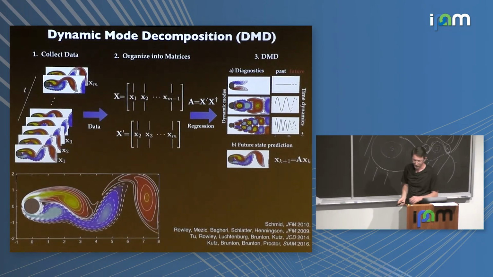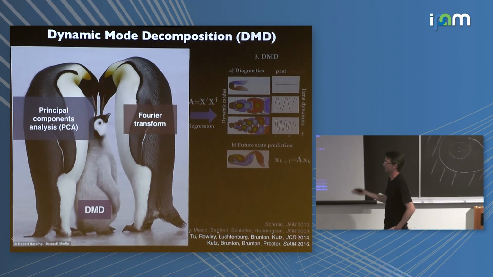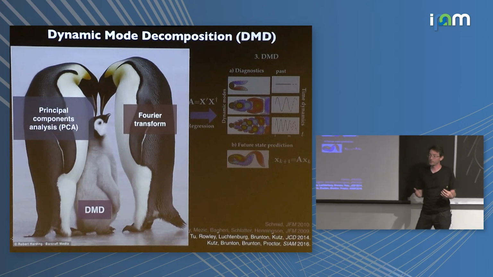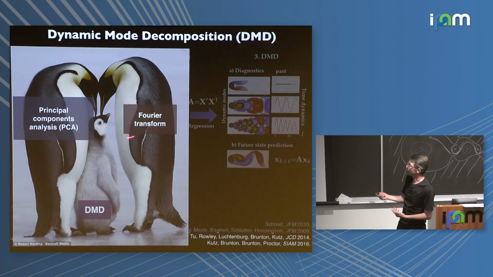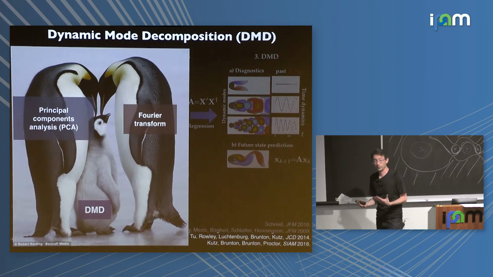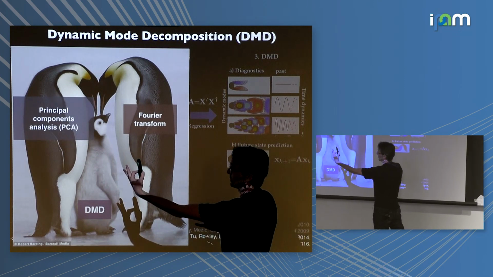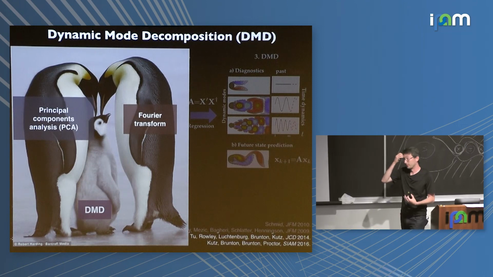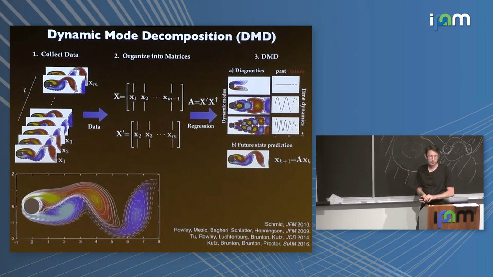Okay, good. So this is a figure I shamelessly stole from my wife. She works on DMD also. She thinks of DMD as essentially if principal components in space had a baby with Fourier transform in time. And these are two of the most important algorithms in the last 100 years. So it's no wonder that DMD is getting a lot of attention for modeling dynamical systems. So you're somehow simultaneously doing a dimensionality reduction in space and some kind of simplification in time. Okay, any questions anyone would like to ask about DMD?